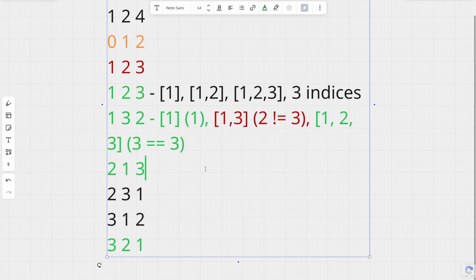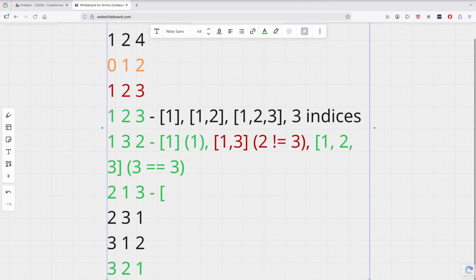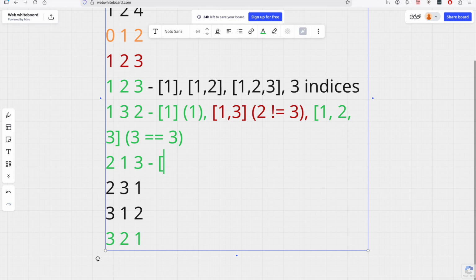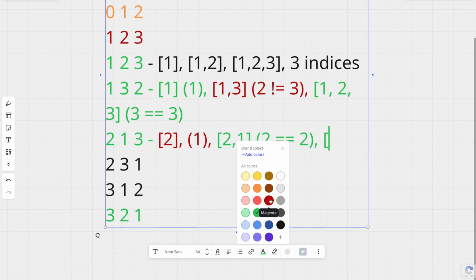Then we have here 2, 1, 3. This one's a red one because it doesn't work. Then we have green. 2, 1. 2 is equal to 2. Yeah, that works, because the maximum is 2. And red here would be